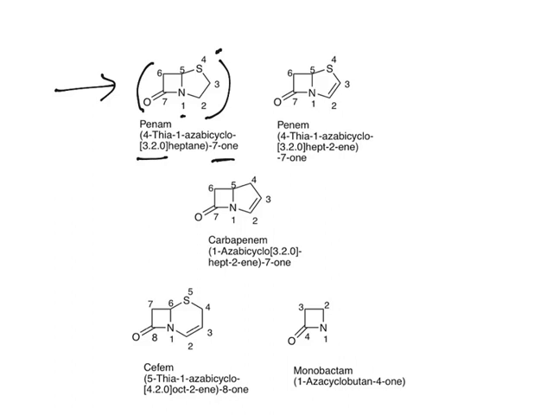Now, carbapenem, you see the difference, this is am, this is em. When a double bond is there, em comes. At the second position, ene is there, everything else is the same. Now carbapenem, instead of a heterocycle, only a carbocycle is there. 1-aza bicyclo, there is no other heteroatom, and only at one position aza is there, bicyclo is there. How many atoms? This side 3 atoms, this side 2 atoms, and bridge atoms only 2, hence it is 3.2.0. Hept, again 7 atoms are there, at the second position ene is there, and at the seventh position one is there. So wherever you see this double bond, you will get em. No double bonds, it will get only am, it ends with am. Again see here em, because a double bond is there.